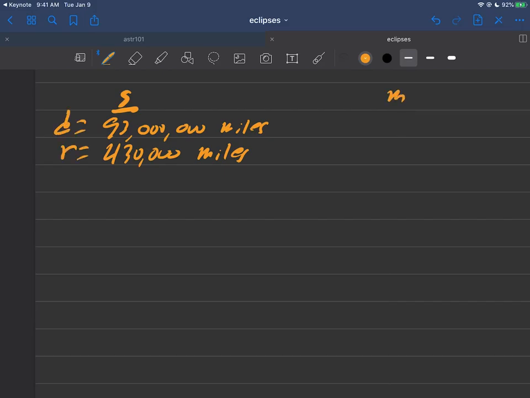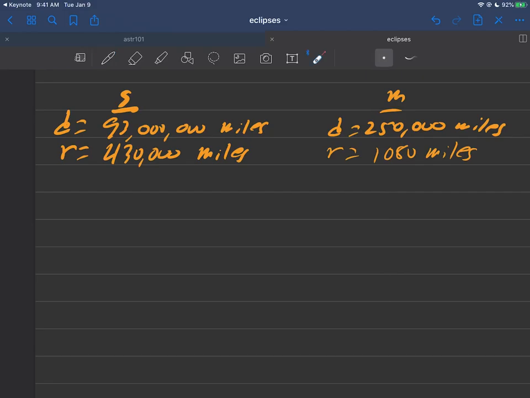Then you have the moon, the good old moon here, which we love so much. The moon has a distance of about 250,000 miles. Remember, we discussed that in terms of cars and wondering if the moon is really even that far away. And the radius of the moon is about 1,080 miles. So you can tell the difference in the numbers here. Much different size, right? But also much different distance. So the funny thing is, if you look at the ratio of these two numbers here,